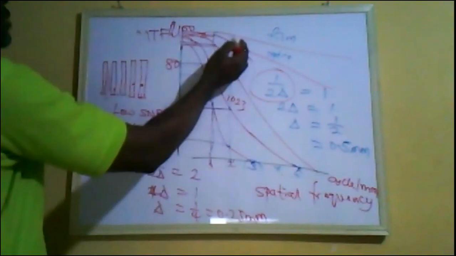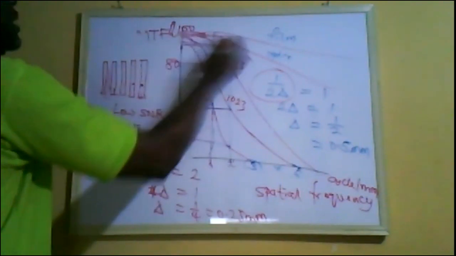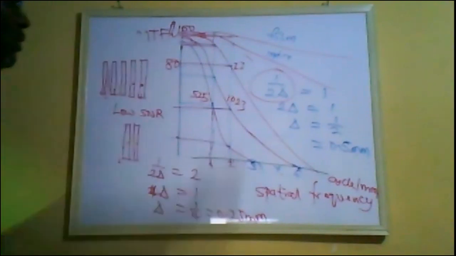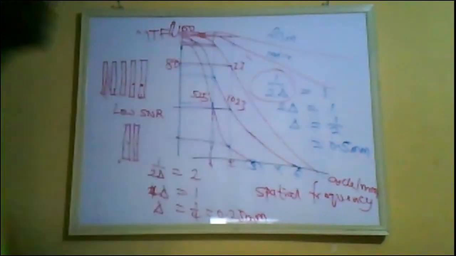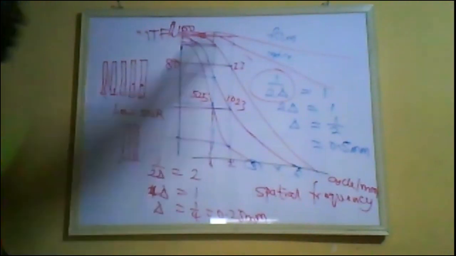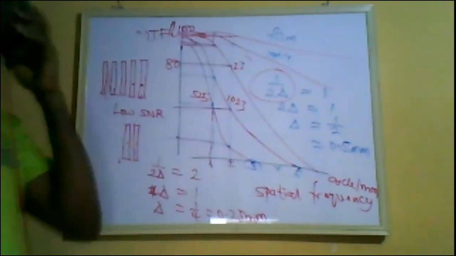But film, you can see, gives us around 90% MTF. For all values, film has the greatest MTF, followed by optics, followed by the II, and so on and so forth. So the film has the best spatial resolution,